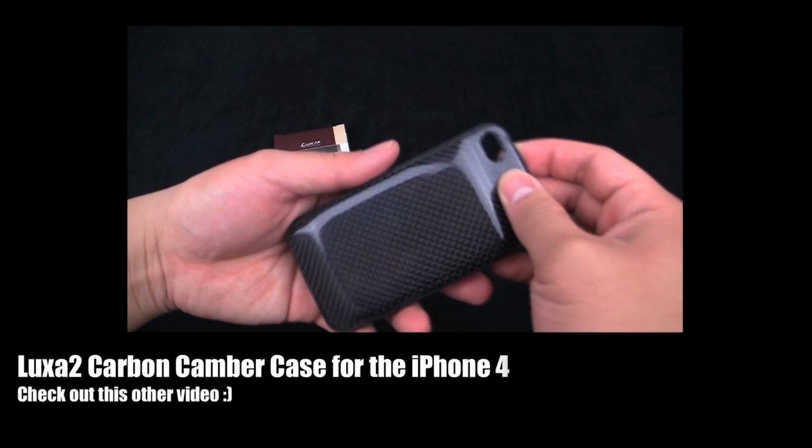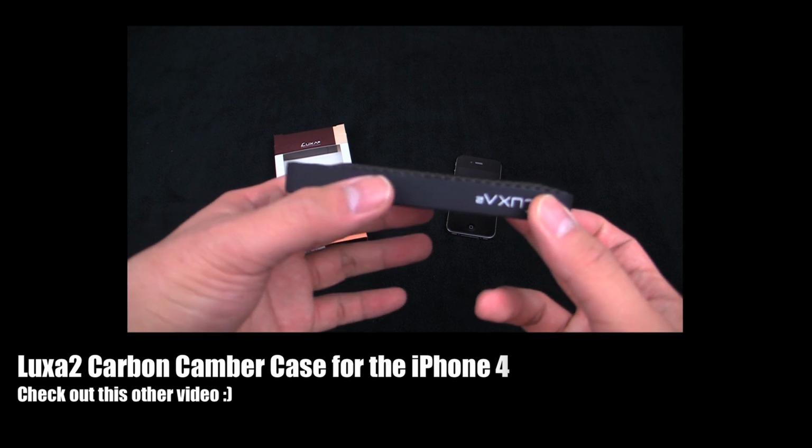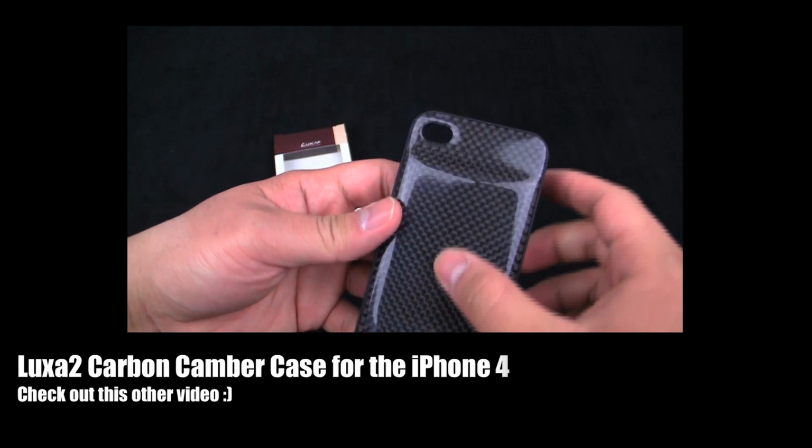The back has a unique design in that it's got this bend or arch in the back, just a small one, and a carbon design, right? So it kind of has